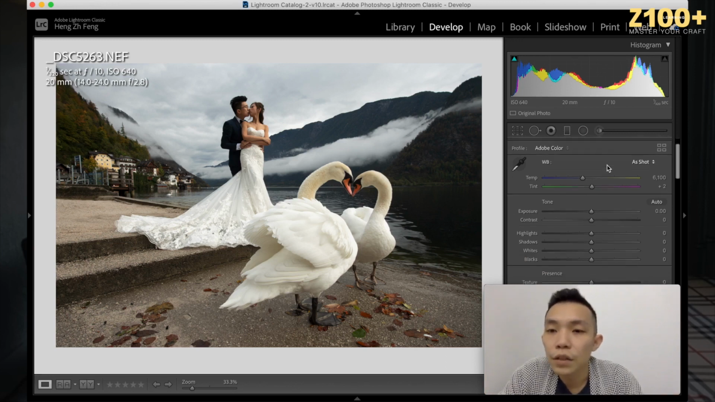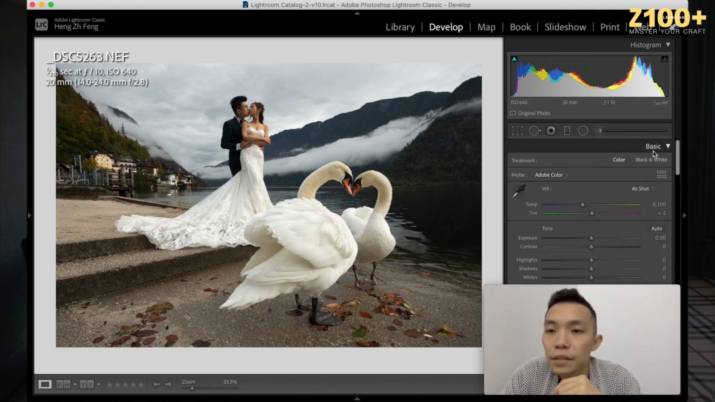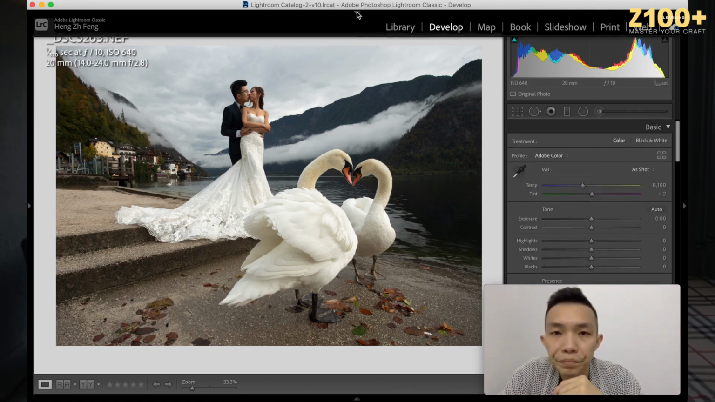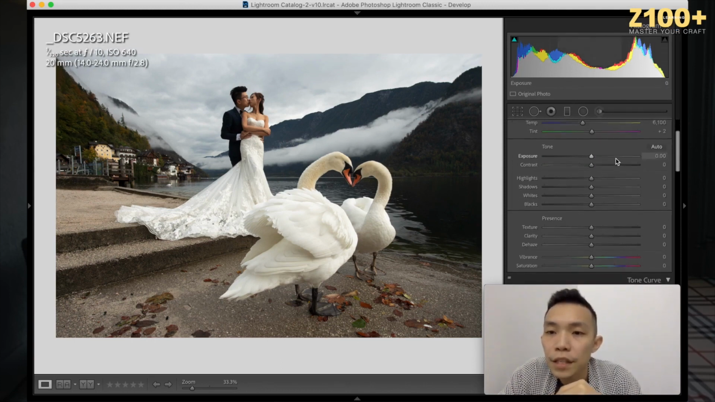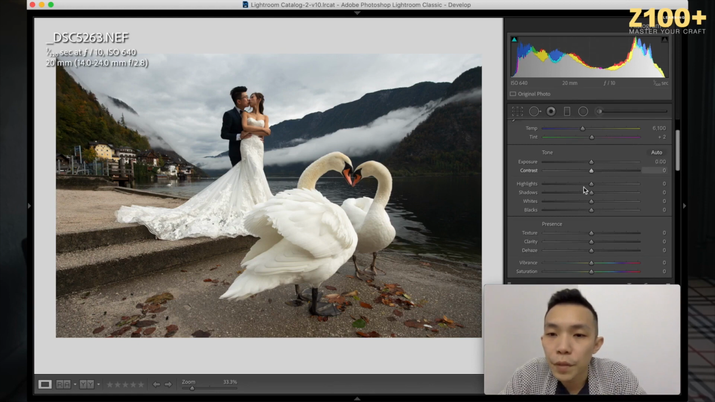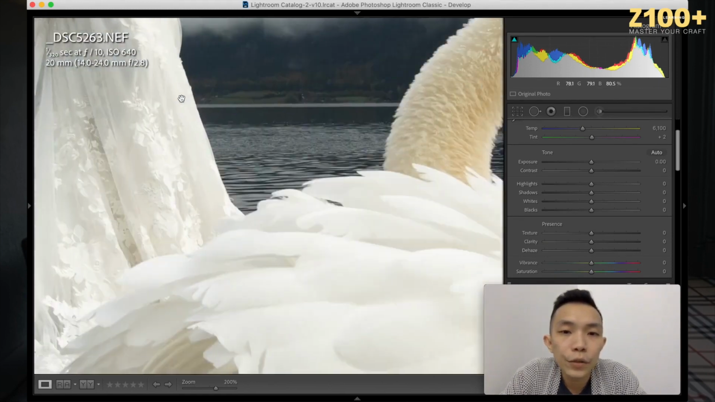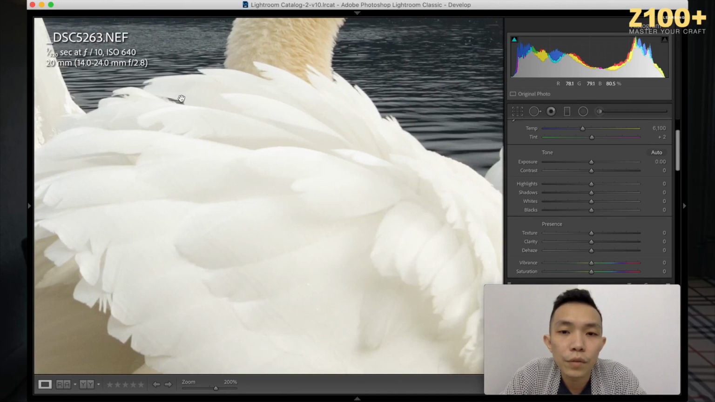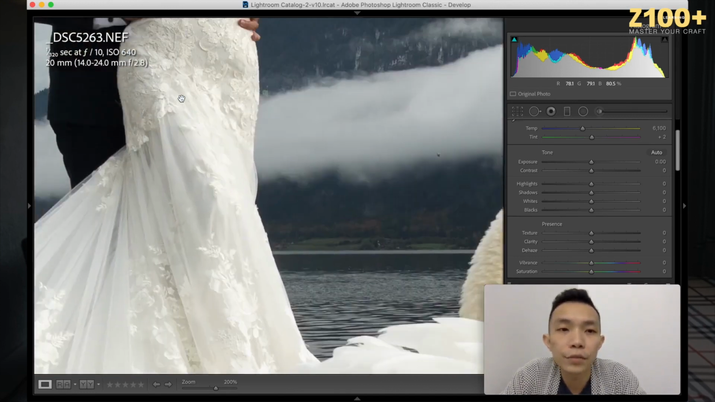Okay, so the first thing is the shadow and highlight always. So we have the basics in the develop. Okay, so basic in the develop, and this is really important. Especially the first thing, I always go to the highlights and shadows. So we have beautiful details. You can see the details. That's why I'm using the f10. So now you know,